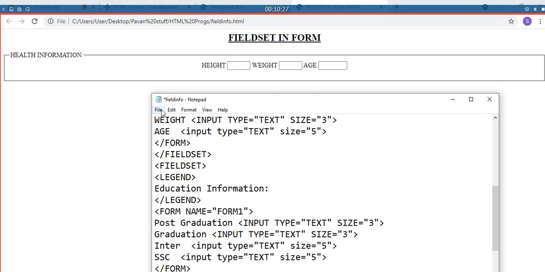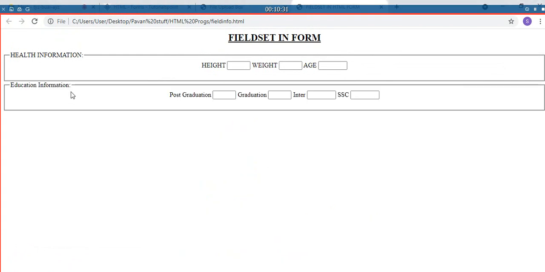Okay, file, save, refresh. See, now I have one more information, education information.